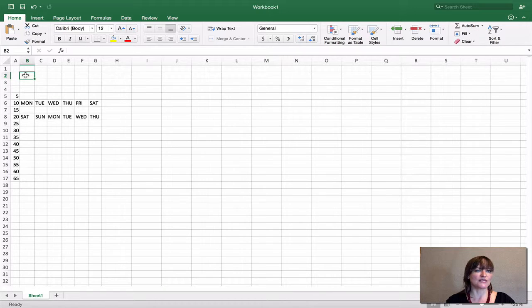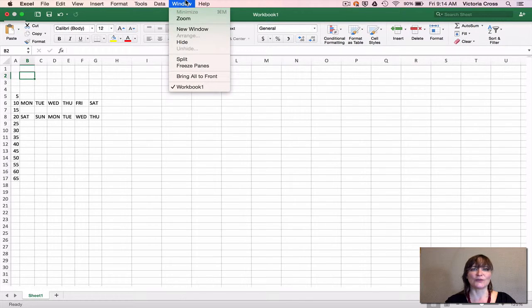So I'm going to click into cell B2 because often we've got a single header row and a single label column. So we want to keep A and 1 visible all the time. So I'm clicking into B2, which is below and to the right of the columns that we want to keep visible.